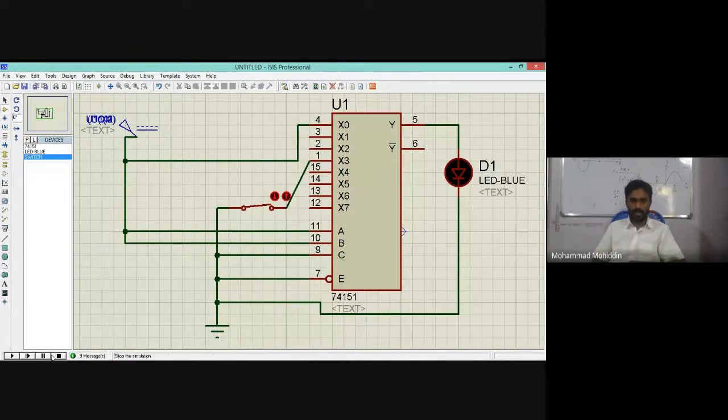Now you see there. Run. See, open 1, close 0. Because of selection line 3, this is the channel that selected this input as output. So whatever you give here, it is changing. Right? Understand now?